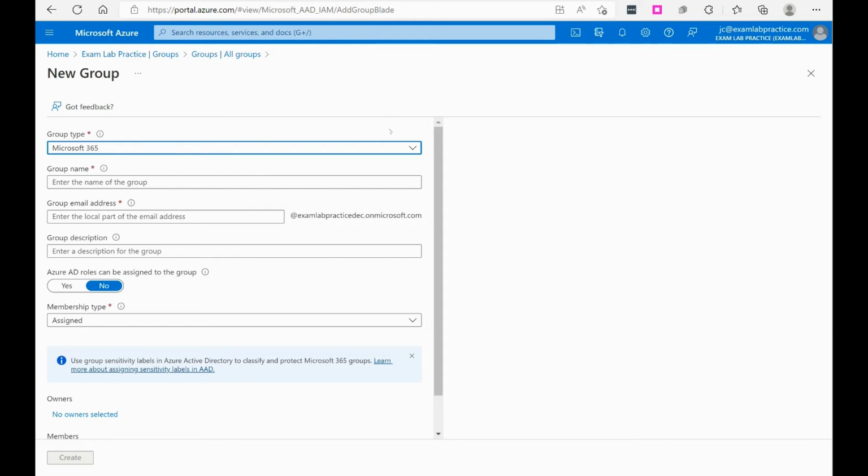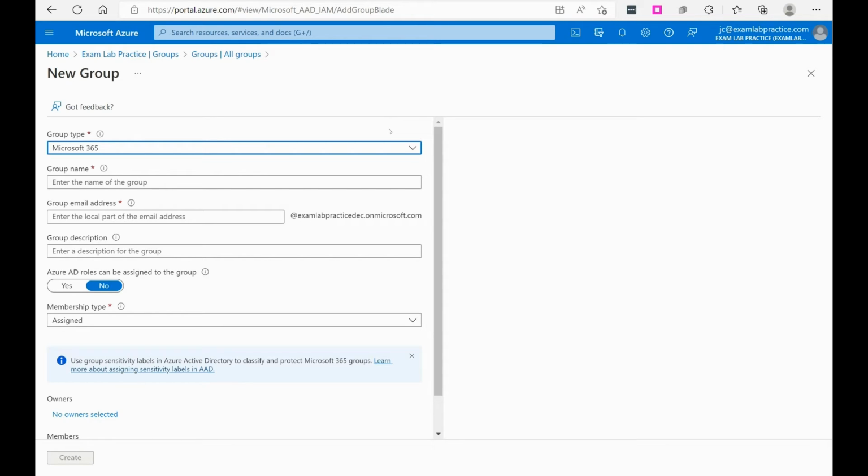They get an email address associated with that group, so if you email the group, the email will go to everybody in the group. You can also give the group permissions to resources and things like OneDrive and all of that. All right. Now, there is one major thing that this group cannot do, and that is it cannot contain